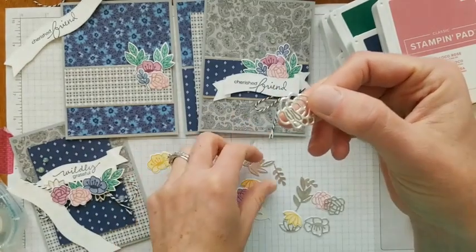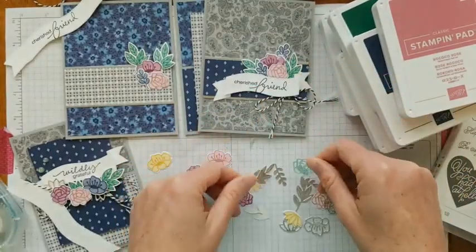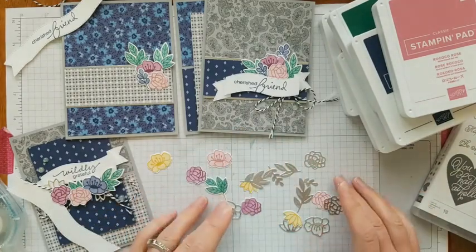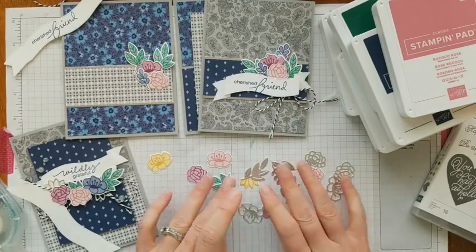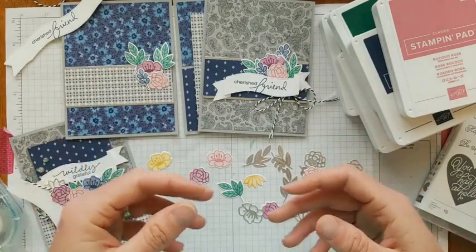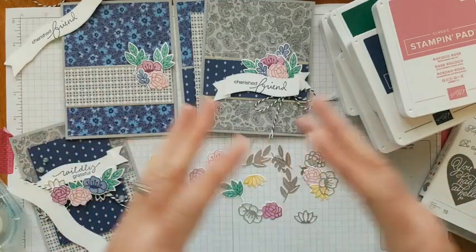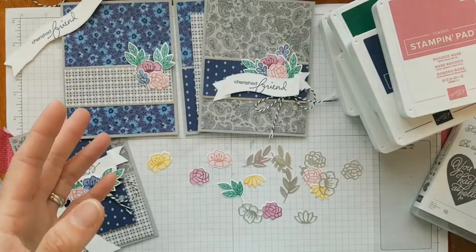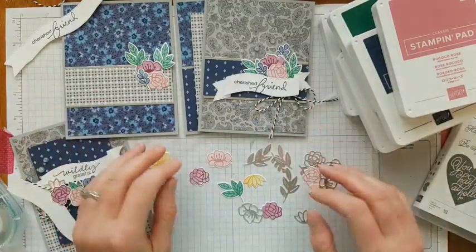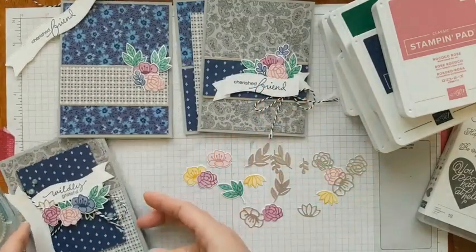I also did some cutting with the silver foil sheets just to pull in some of those pretty elements. If you're using dies that have some little elements like that, you could do that as well to add that to your card. So just some ideas on how to put cards together when you're playing and experimenting with things is to stamp and cut a whole bunch of the images from that stamp set in different colors, and then you just arrange things as they look good to you and tuck little pieces in here and there. So it does look like I need another little blue berry,